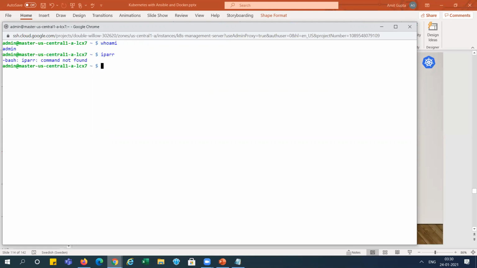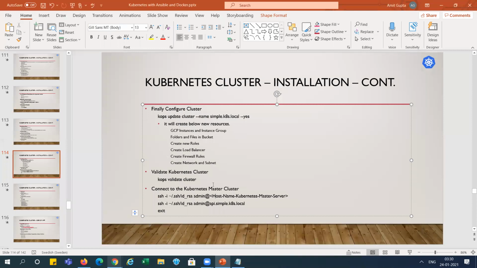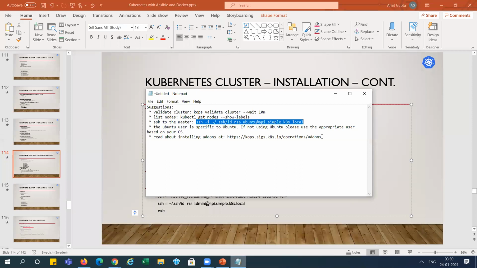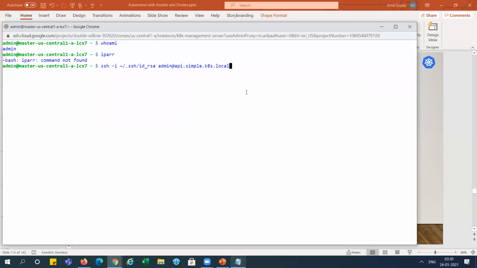Yeah, no, this is not the correct one. So we have connected. We need to try with this same command. Let me do it here. Try with the admin here because it is connected with the admin user. Sorry, we already connected. Let me run some command here. kubectl get nodes, whether it is working or not. We can see this is here. It is not working, right?